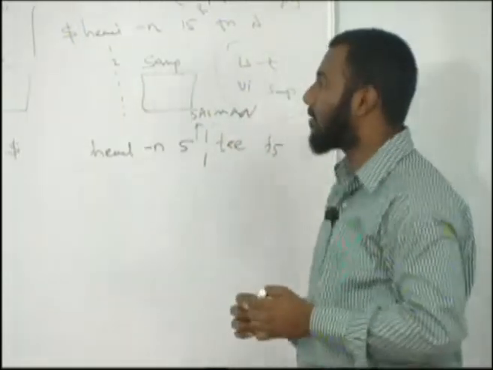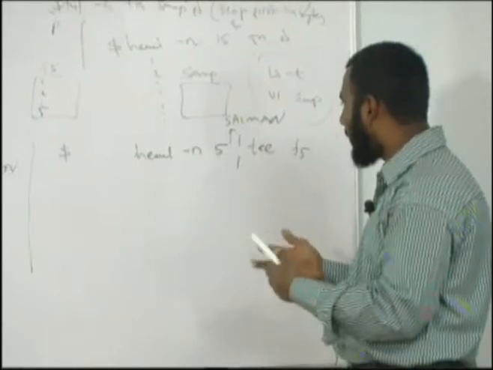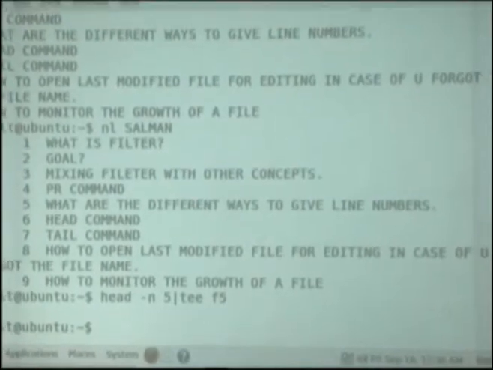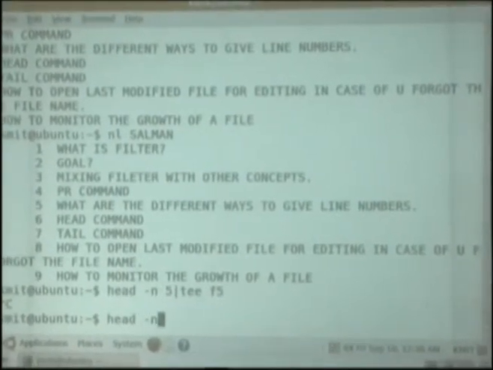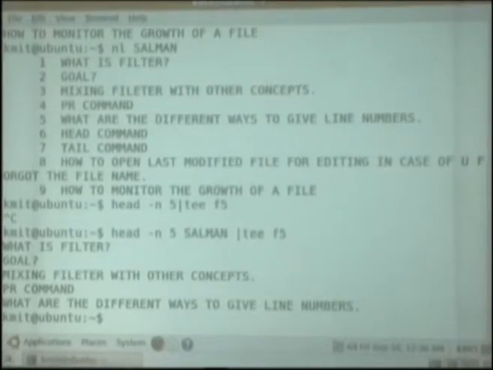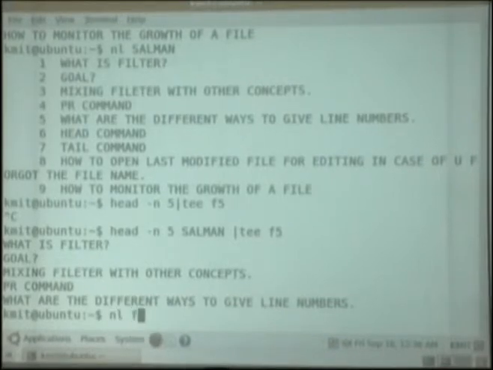Suppose when we write this file name, then only it works. Otherwise, it is waiting for us to give any input. So head option n, 5 lines from this file, and store the intermediate results with name F5. Okay, so it has given output, and also we can see F5 also.